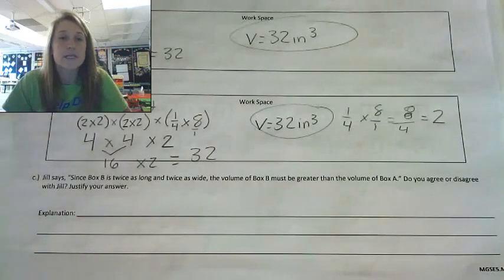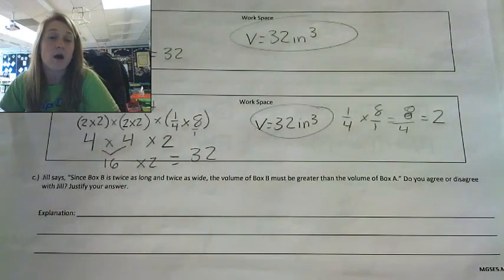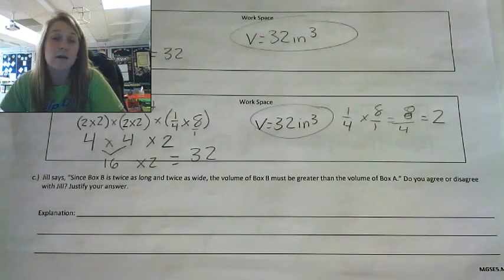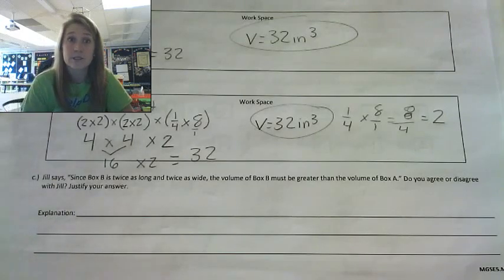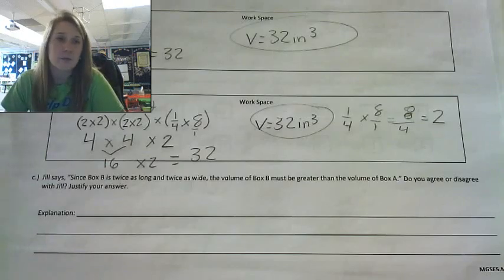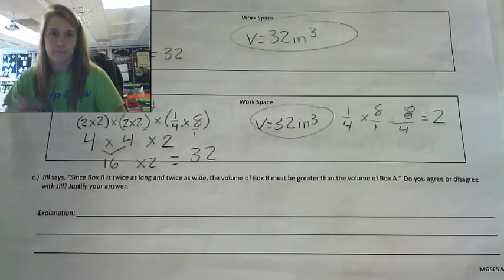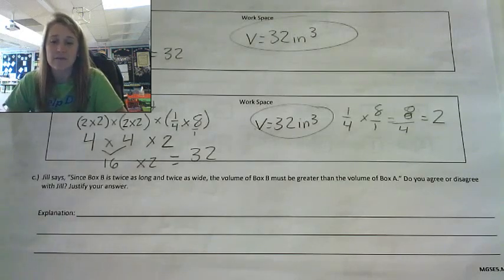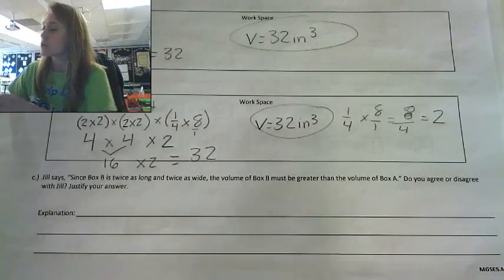Jill says, since box B is twice as long and twice as wide, the volume of box B must be greater than the volume of box A. Do you agree or disagree with Jill? Justify your answer. Well, it's kind of what we just talked about, isn't it? Obviously, we know that Jill is wrong. Box B's volume is equal to box A's volume. So why? Well, it's what we just said, because you have that fraction in there, right? So we're going to say,